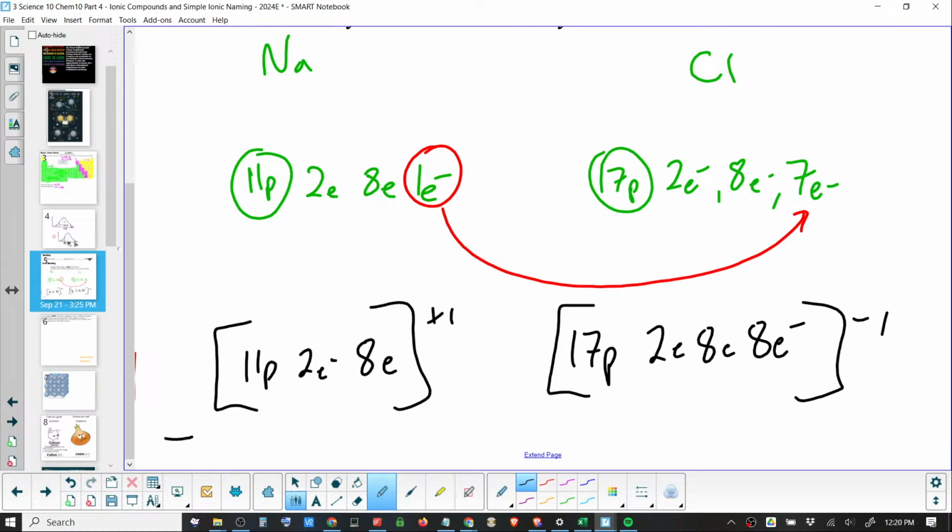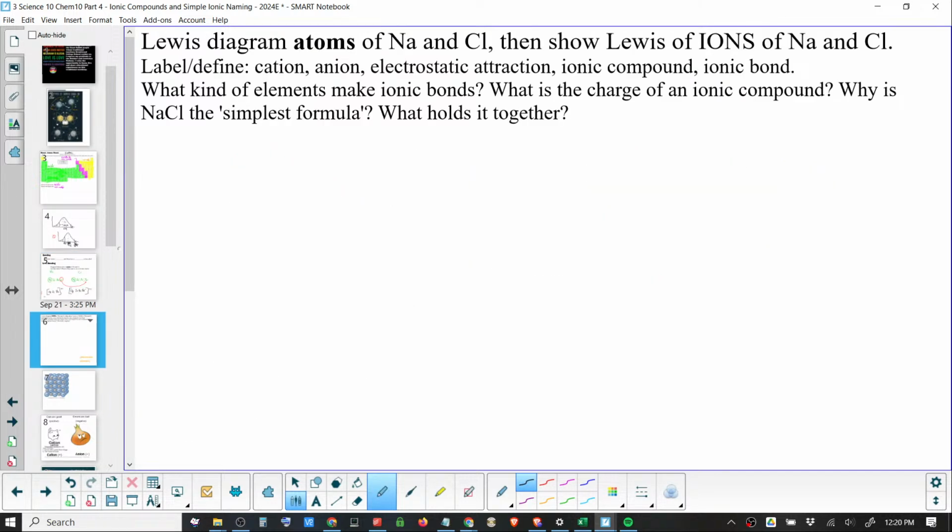I see some people ready. So what I would like you to do is on this page, draw the Lewis, not for sodium and chlorine. Please cross those out, because those are too easy. We just did those. Why would we do those? Let's do